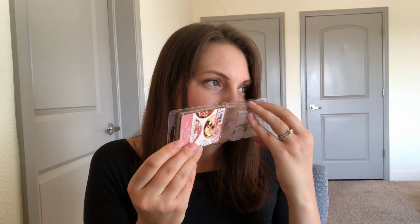And the very last one that I used up, I know is not out for the very first time, but this is the first time that I've had it. This is the ice cream shop from Sensationals. It says that it's in the bakery scent family. So to me, I think this is just Sensationals' version of Wild Berry Cheesecake. It smells pretty much the exact same. This is not as strong, but I definitely got